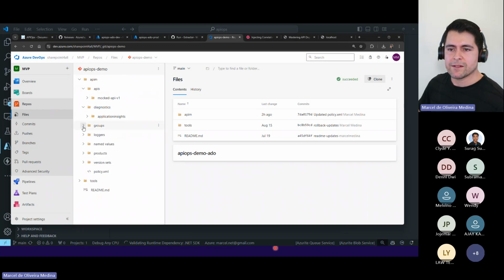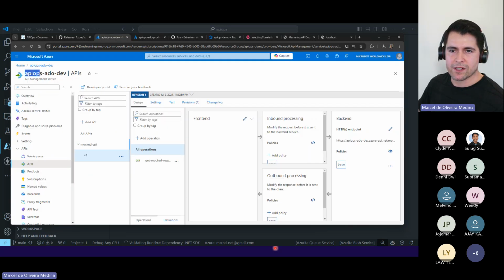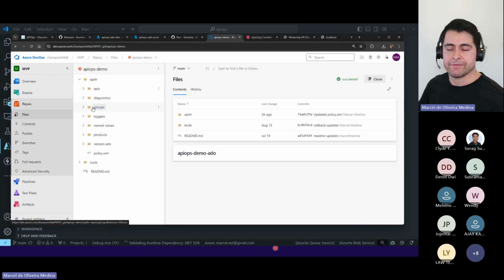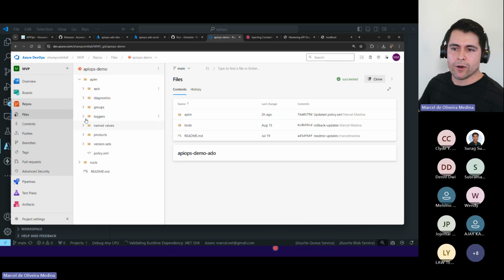But what's important is that depending on how you label your API management, this one was APIOps, ADO, dev. Some internals would be labeled that, right? Dash dev. It's worth it on the first extraction to have a look at what's in there.